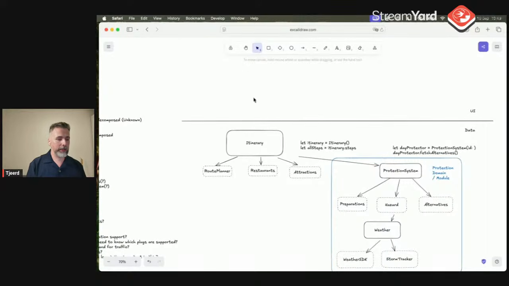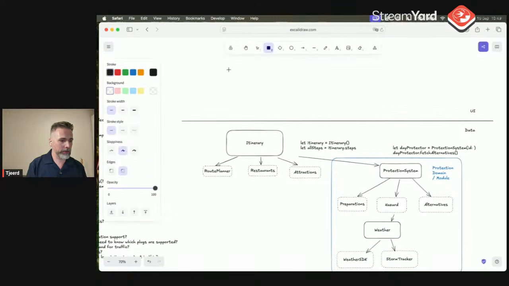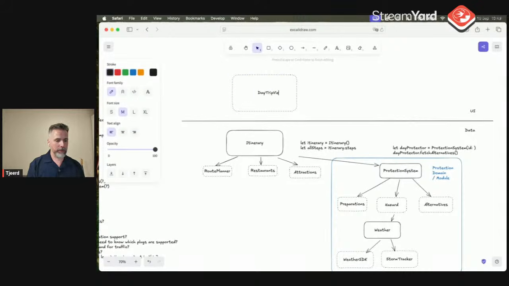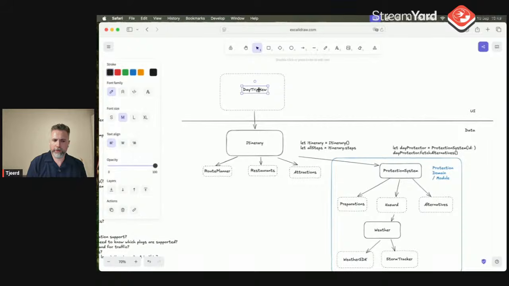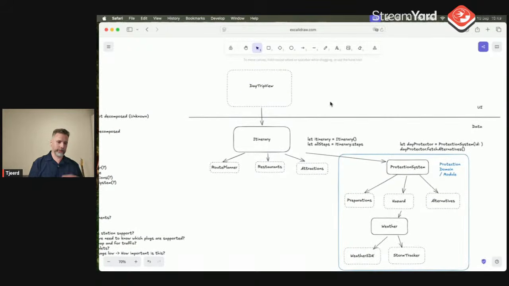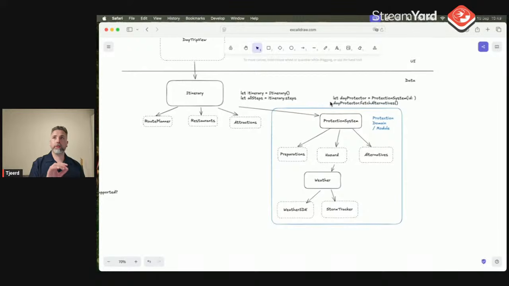So we could have a placeholder UI. That is something I do like to recommend, is you have some sort of, let me say, day trip view. But again, it's not figured out. I haven't had discussions about why we should use VIPER versus view models versus TCA versus whatever. I'm not even thinking about that. I'm just thinking, I want a full-blown application, and I just keep decomposing, designing the APIs, finding the domains, figuring out how to glue it all together.